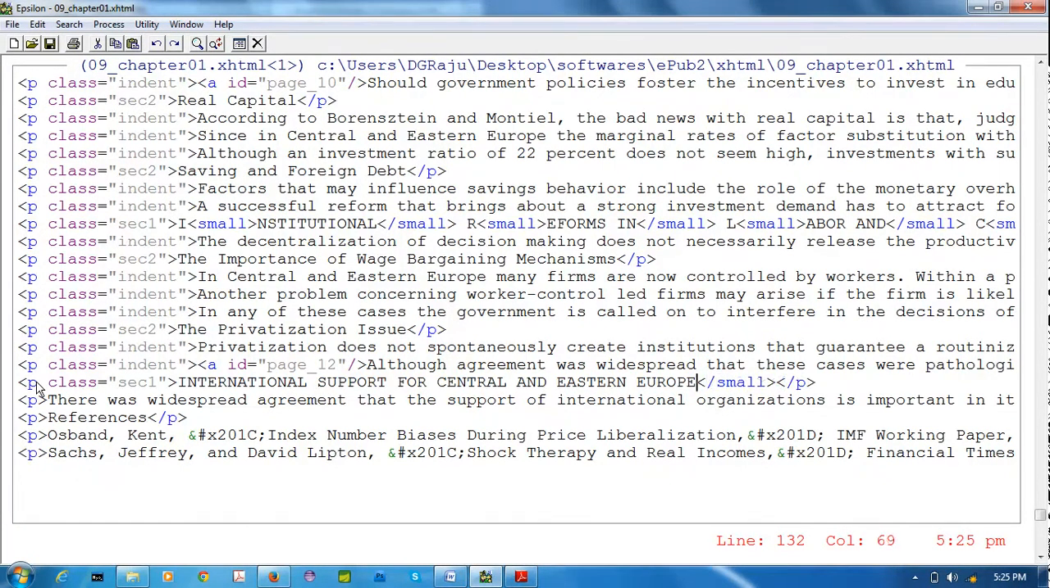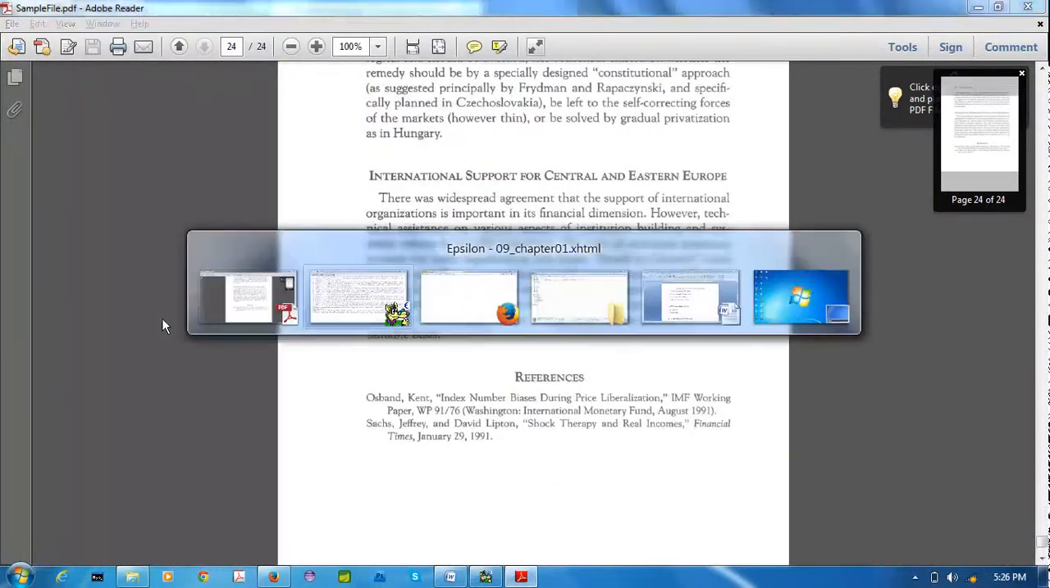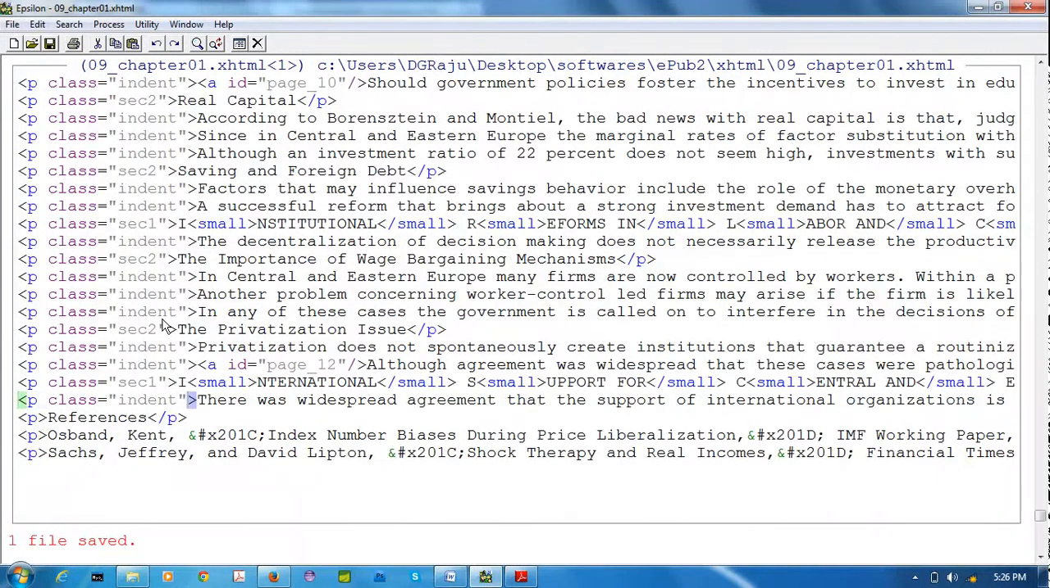This is close, open, close, open, close, open, close, open, close small, opening small tag. Okay. Next, this one. Next,